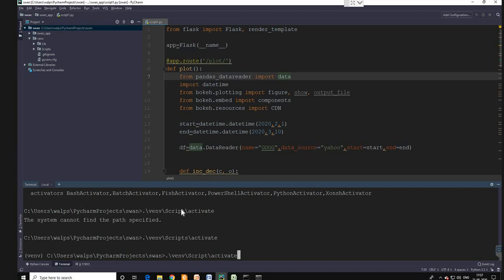Hello guys. So today I'll be showing how to create a virtual environment where the modules will be installed. In a virtual environment, the modules or frameworks which we are installing should not affect your computer. A virtual environment means another kind of computer you are using, so it won't disturb your computer.